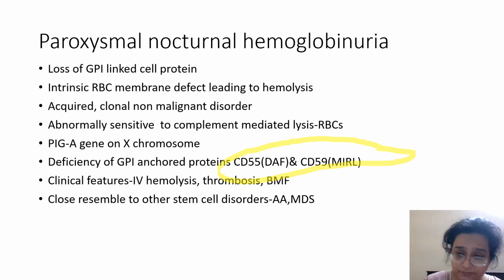The test you can do on flow, apart from the regular lab tests that you do, is on the neutrophil and the monocyte, which have PNH clones on them. RBCs we don't use because if there is a transfusion, then there will be normal RBCs and the ones with PNH clones, and the percentage can get mixed up. So we don't use RBCs. What we use is the monocytes and the neutrophils to detect a PNH clone by flow.